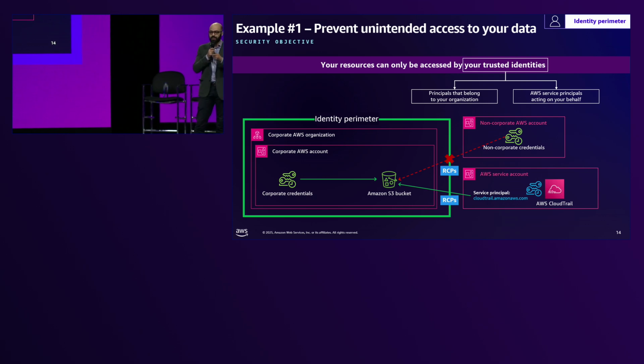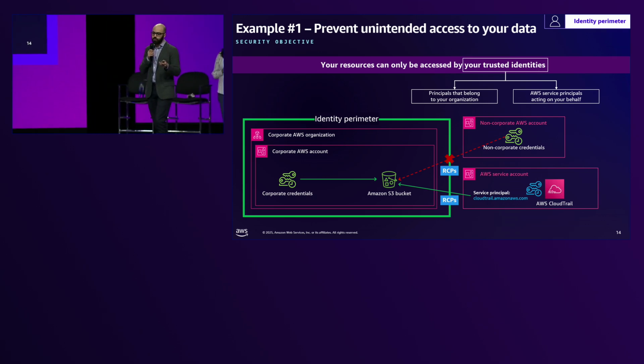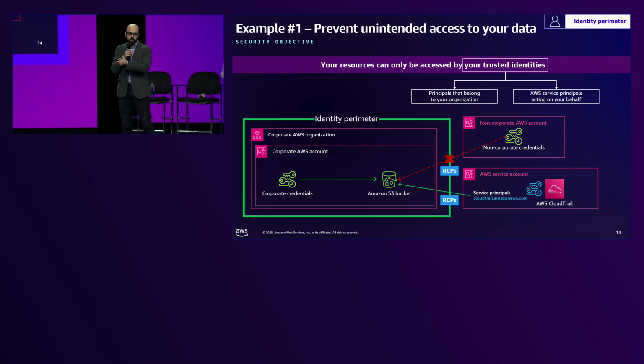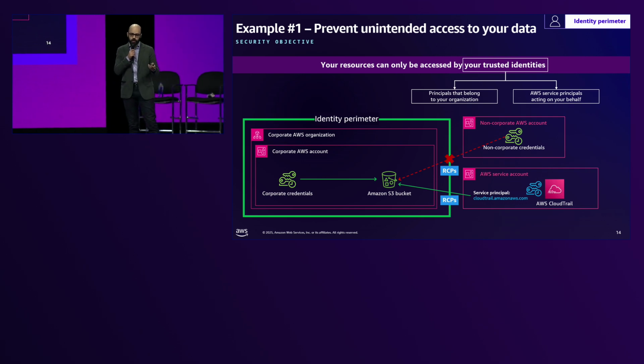cloudtrail.amazonaws.com, trying to access one of your S3 buckets. Typically cloudtrail.amazonaws.com is owned by AWS CloudTrail and is used by CloudTrail Trails to send logs to your S3 bucket. So we can also restrict this access path to help ensure that this service principal is only acting on behalf of a trail that belongs to your organization, and we are going to review that with an example in 1